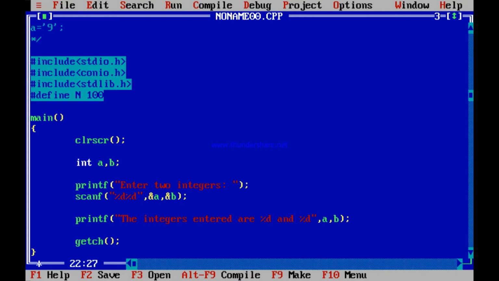Now when they are characters, the differentiating factor is not the space. Because it is a character, it only scans one input from the keyboard. You enter C or D or E, it immediately scans it as a character. Because the space is itself also a character.